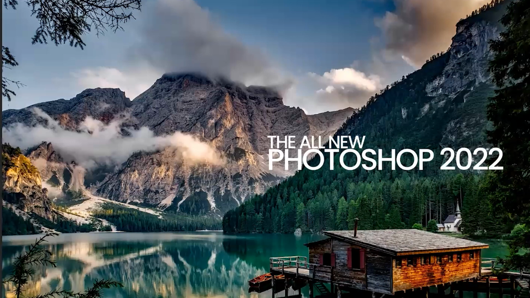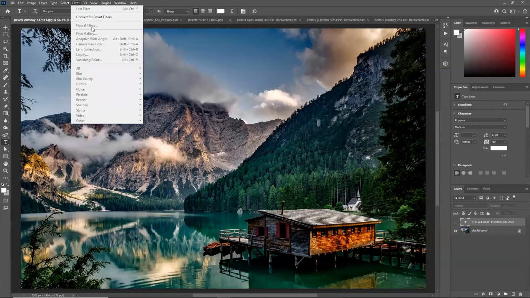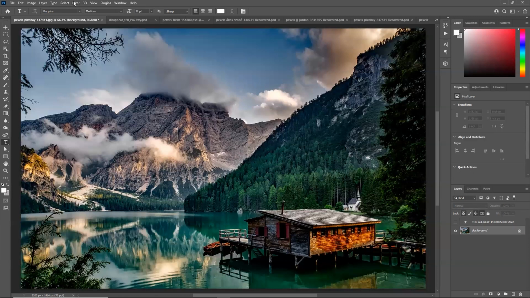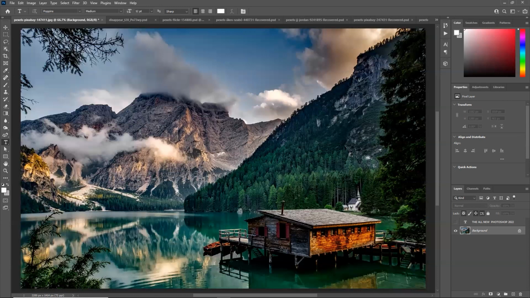So in this particular episode, I will take you through the wonderful new filters that Adobe has added, and it is called the neural filter. Neural filter basically works only on rasterized layers, or your photographs, images, and so on and so forth. It does not work on text layers. Okay, so let's first try to understand what magic the neural filters do.